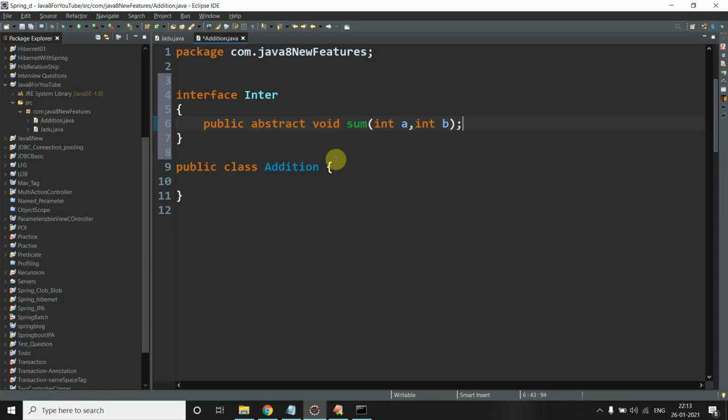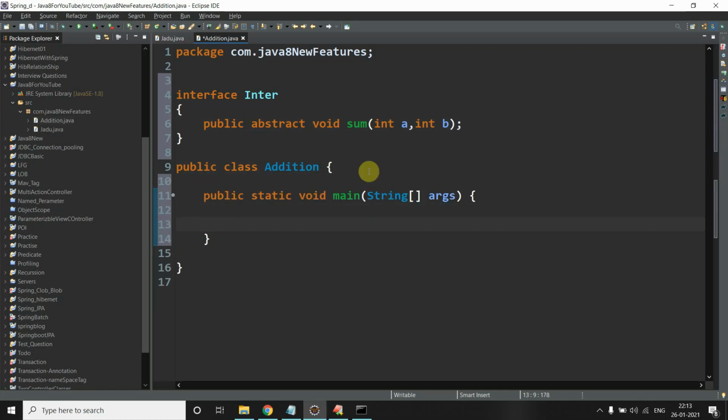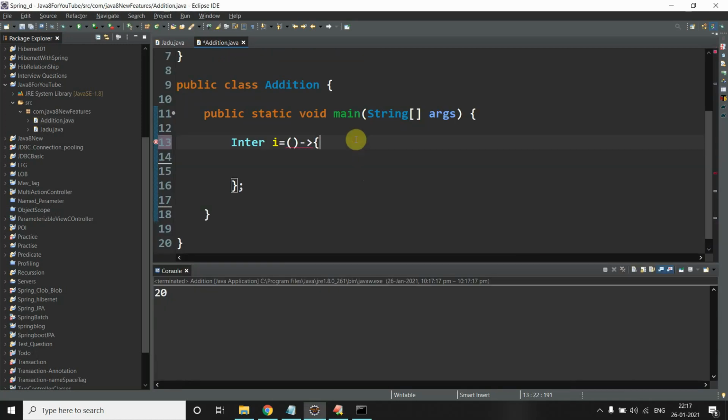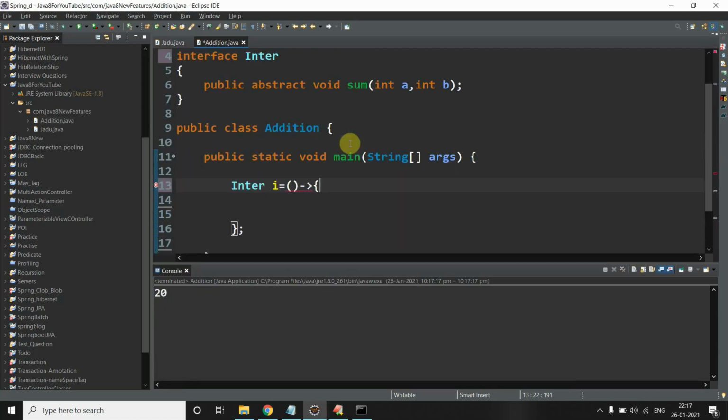Okay, this is our abstract method, and this is my class, which I will say main, and inside it I will give the implementation for this method. So I will say Intra i equals to, nobody gives the implementation. So what is the implementation?